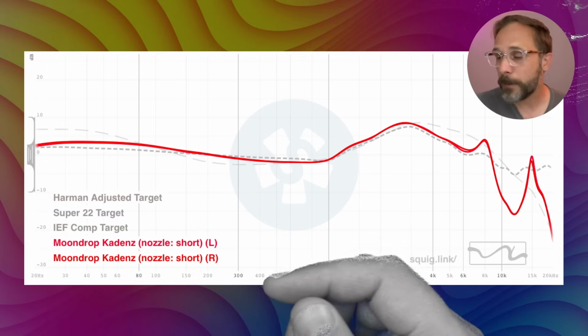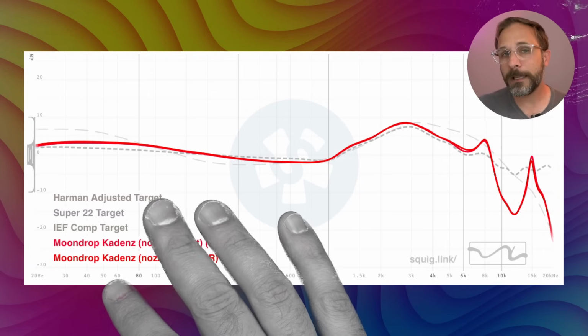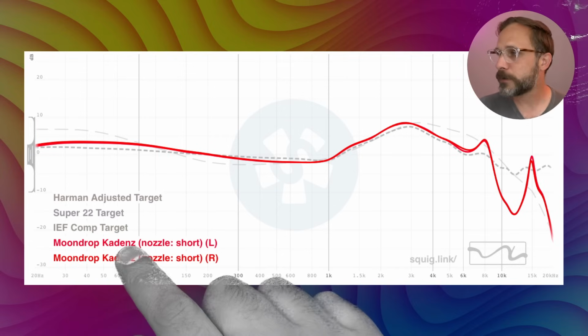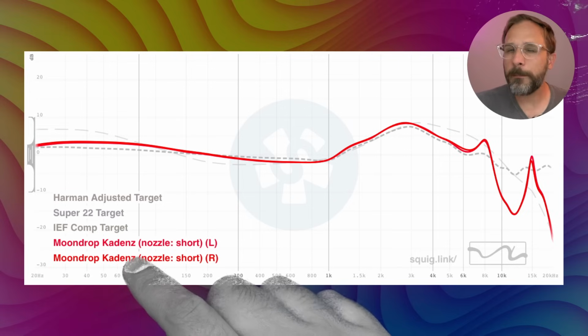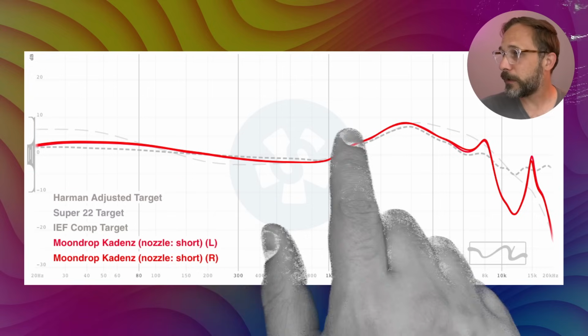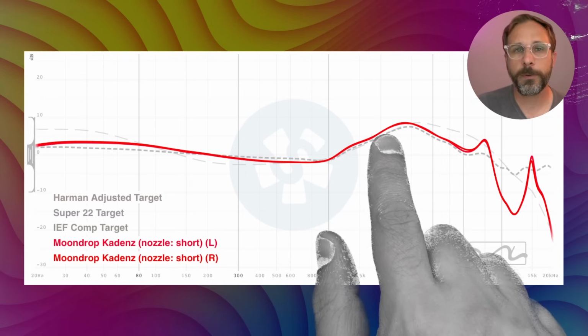But anyway, what you get with the sound here of the Kadenz is very similar to what you got with the Moondrop KATO, but it is subtly tweaked in a way that I actually kind of like. If you go back to my original review of the KATO, I probably would have described it as a mild V-shaped sound signature with a little bit of low-end emphasis, and maybe a little bit too much low-end emphasis for my taste if I'm strictly going for my ideal neutral frequency response. And the Kadenz, well, they've actually subtly increased the upper mid-range here just by a bit. In terms of frequency response, you're talking about